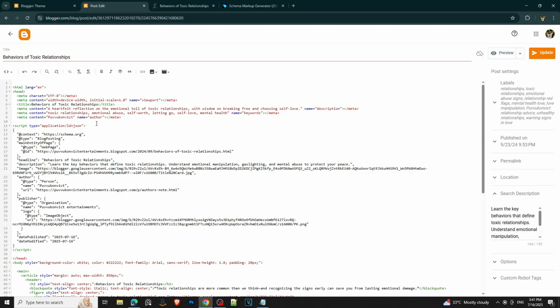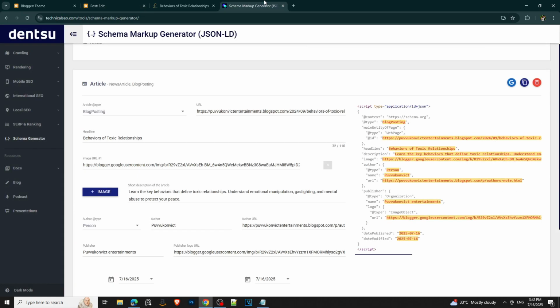And when should you do it? If you want a custom schema per post, for example, frequently asked questions, recipes, products, and when you don't want to edit the theme, then only you can add the schema markup per post manually. And one more thing I would like to mention: if you want the schema markup other than from these generators,